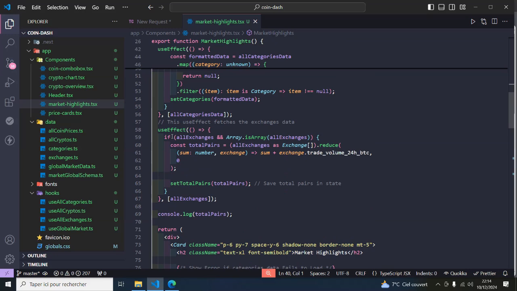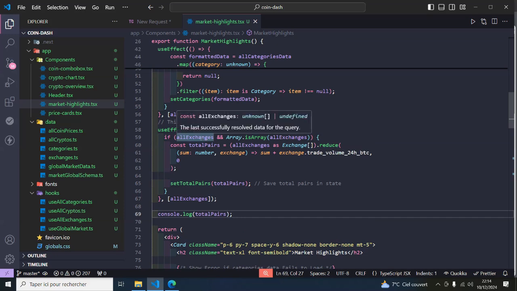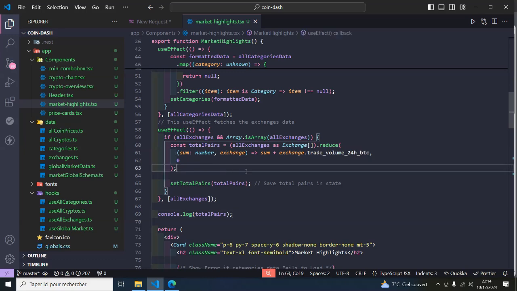As you can see, I created another useEffect to extract the data, and we're going to make sure that the all exchanges is not null or undefined, and that all exchanges is an array. If these are true, then we're going to access this block, and we're going to use the reduce function, because here what we are going to do is sum up by using the trade volume